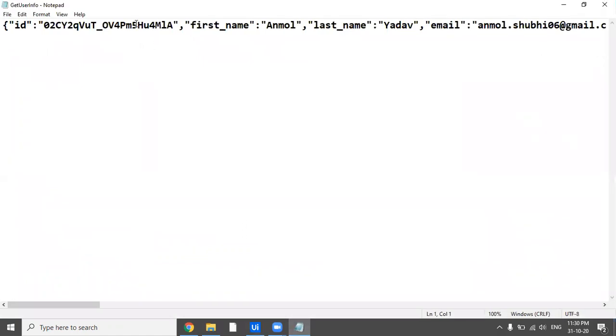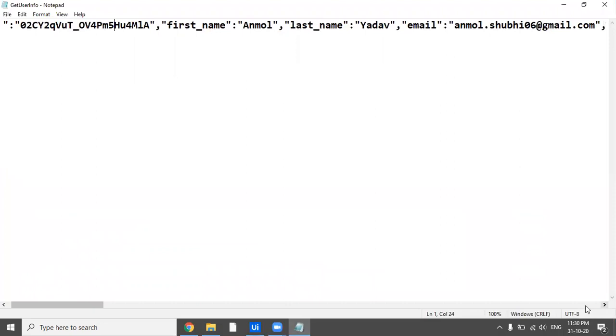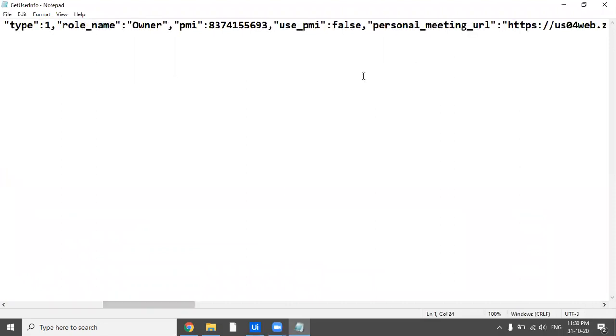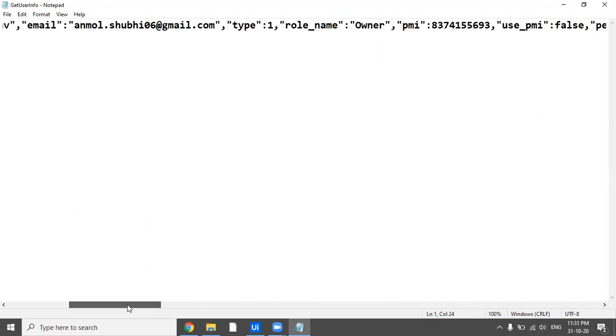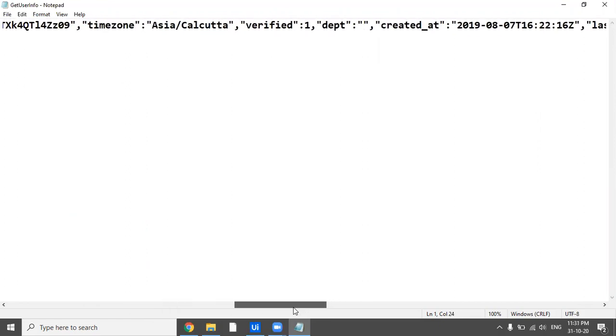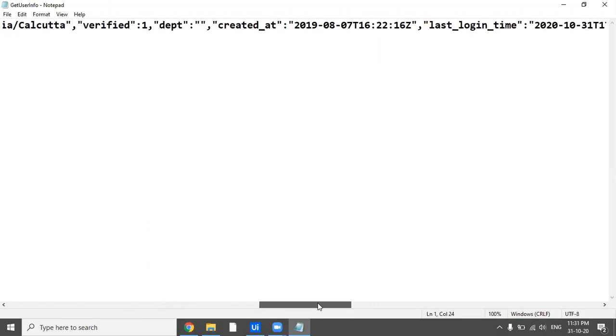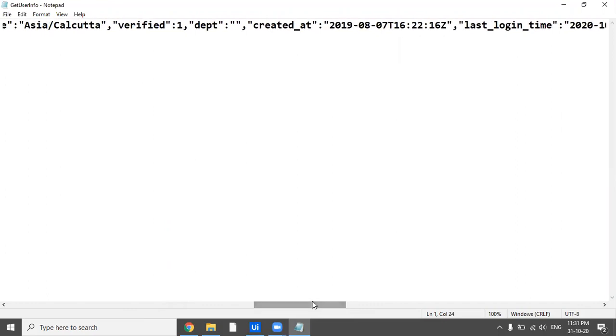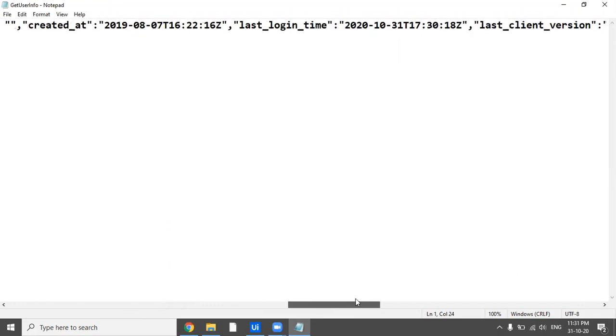Also, if we just open this get user information text file created, we'll see a lot of things here. ID, my first name, last name, the email ID, then we have the personal meeting URL, then the type, the role name, the time zone, because mine is Asia, Calcutta. And when was it created? When did I last log in?